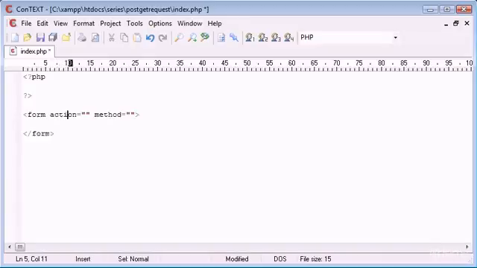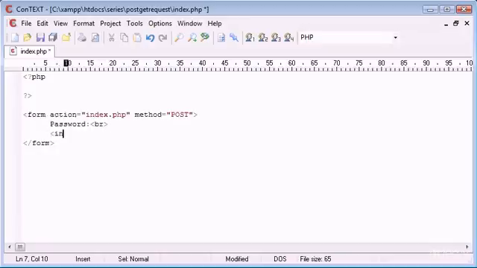And remember, for the form action we can either go to another PHP page or we can stay on the same one. In this case I'm staying on exactly the same one, so we're submitting all the data inside this form to index.php. The method though, instead of get, is going to be post, and this means that the data is going to be sent as post, not as get. So let's say password,